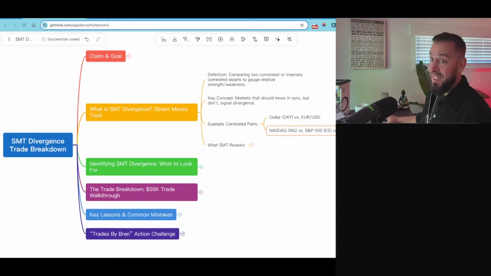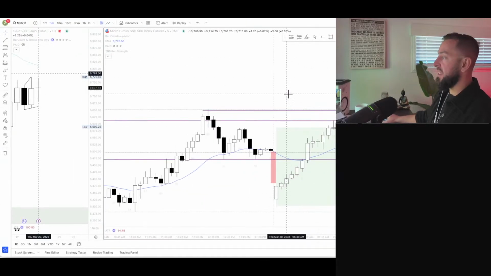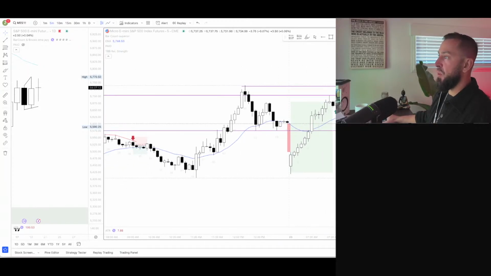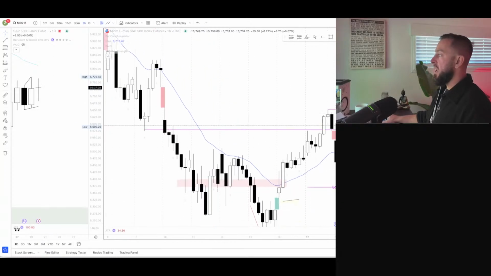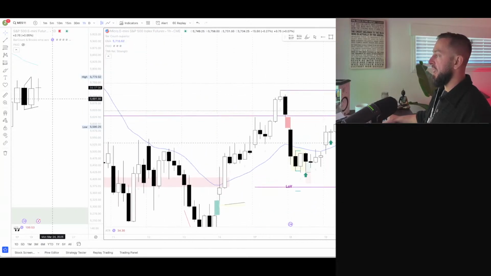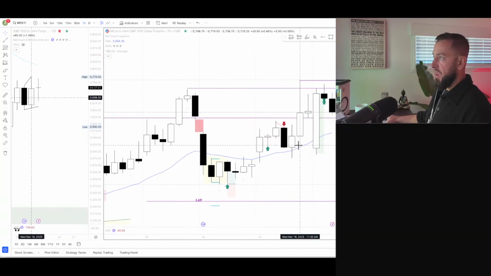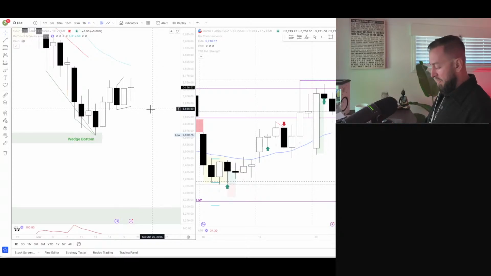If you want to look at this, let's look at this right now. Let's look at this right this second. This is the S&P. Now let's zoom out to a higher time frame and see if we can apply or just evaluate what he's talking about. So this is the hourly chart of the S&P. Now what I'm going to do on the left-hand side of my screen is put the